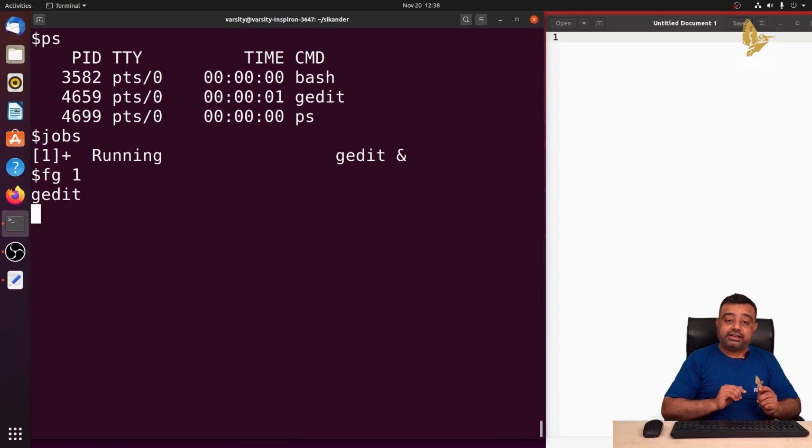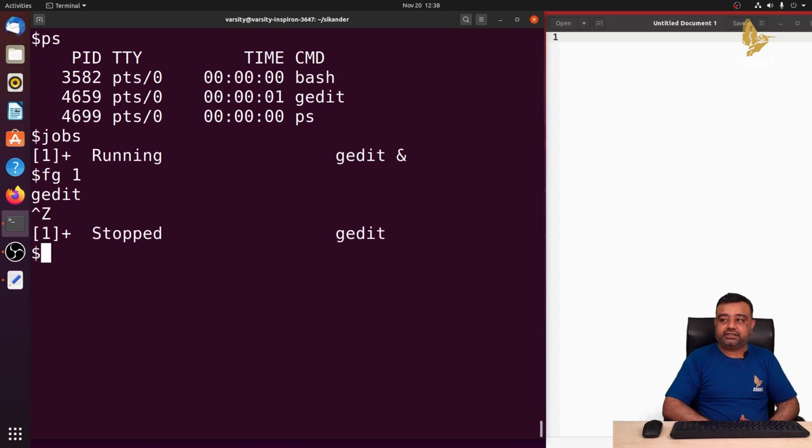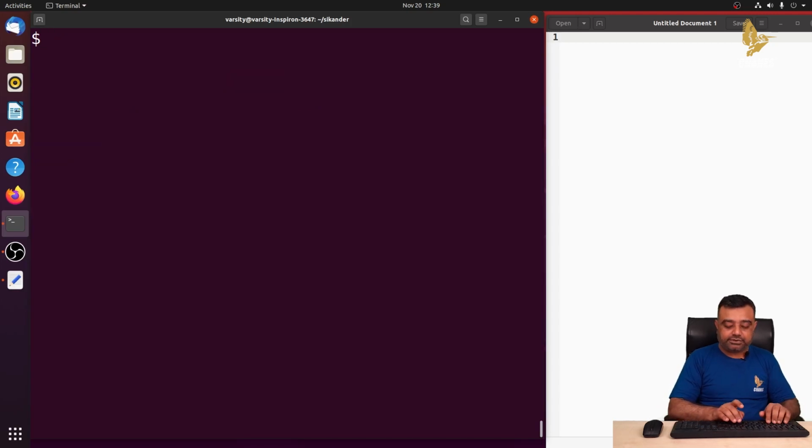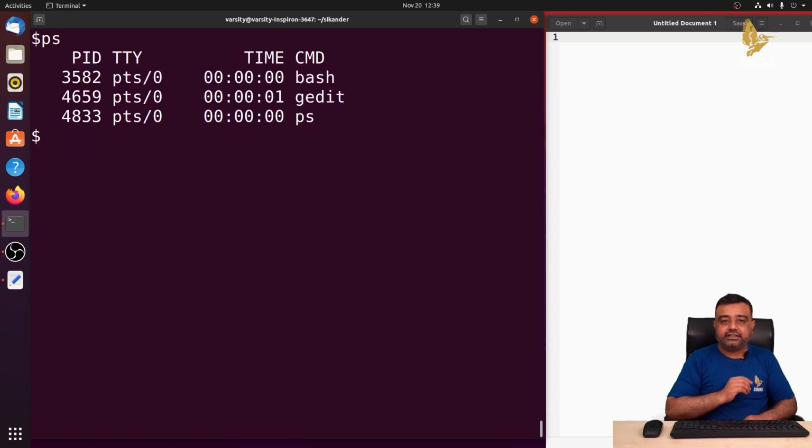Now you can terminate gedit from the terminal, or we can even stop this. So what I'll try to do is stop this particular process. I'll not terminate it. When I say stop, I mean suspend this. Now here, in order to stop any process, we need to use Control Z. When you use Control Z, you can just observe that that particular process has stopped. So now I'd like to observe this ps command. I can still see gedit is still under execution.